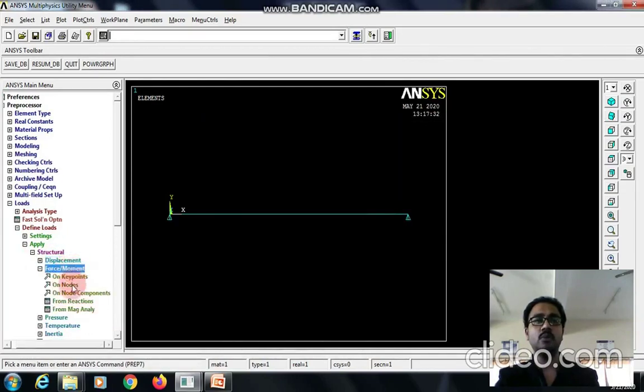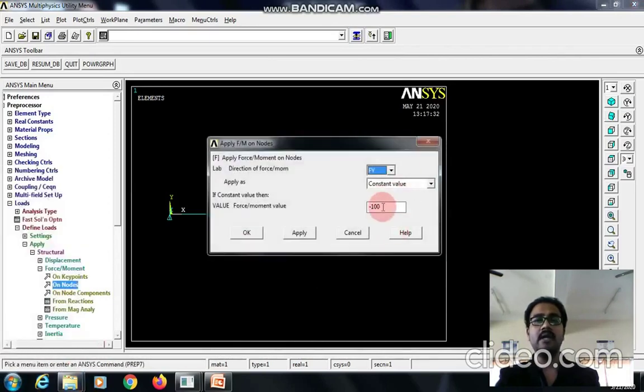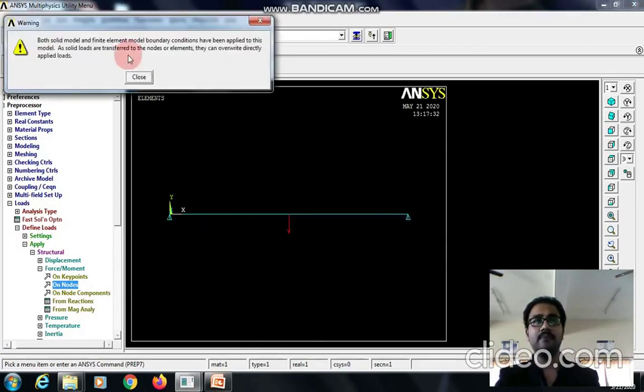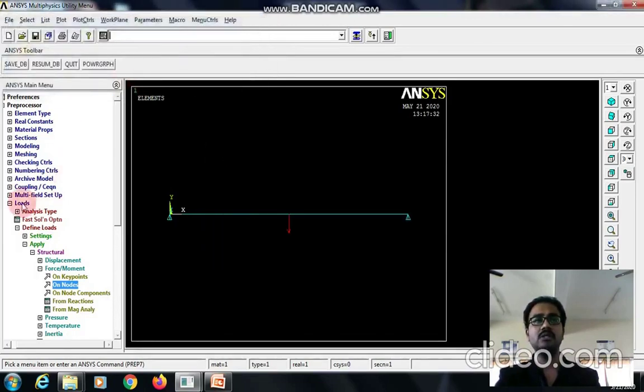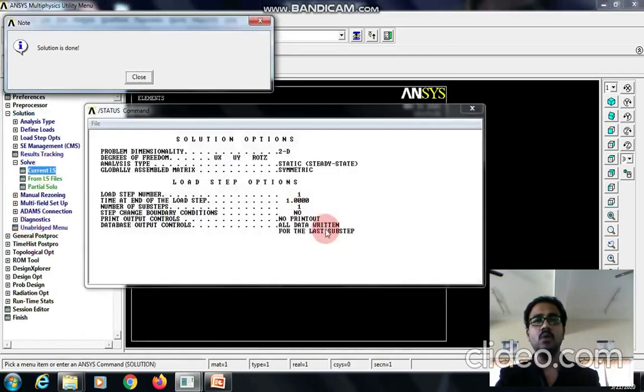For that, go to force moment on nodes, select the center point, apply, enter the value: 150 Newton of load acting at the middle of the beam in the Y direction and downwards. Downwards I am showing as a negative direction.